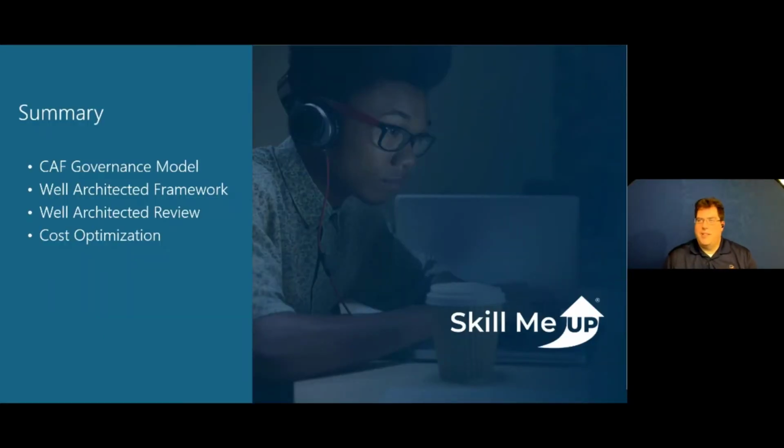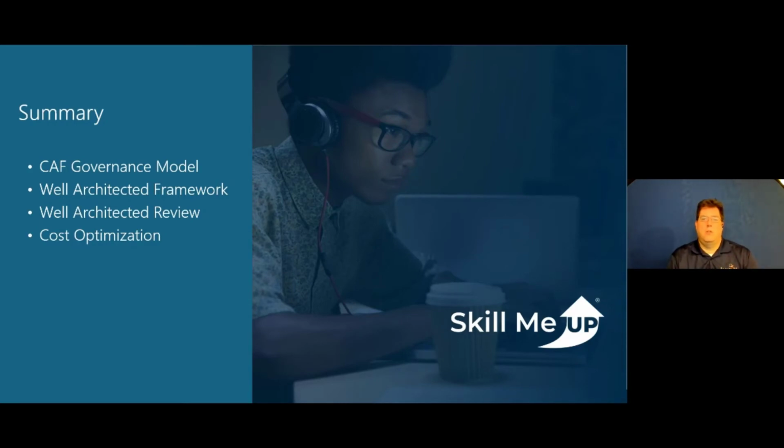All right, that brings us to the end of this episode of our Azure Well-Architected Framework. We got you back into the Cloud Adoption Framework and the governance model within that, within CAF, and then flowed you into how that starts to build our Well-Architected Framework, and how we can utilize the pillars of the Well-Architected Framework to start building our review and to analyze our environment and how we're architecting and deploying our workloads within Azure.